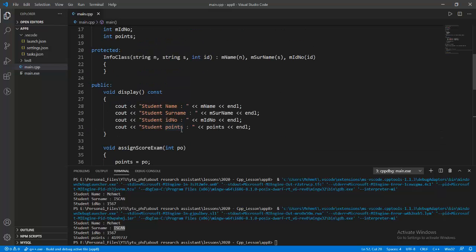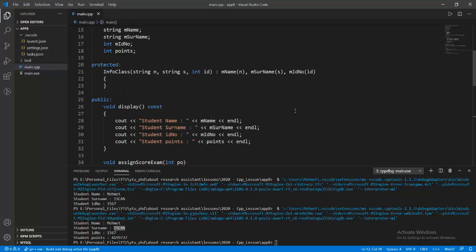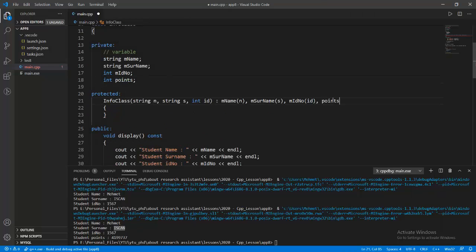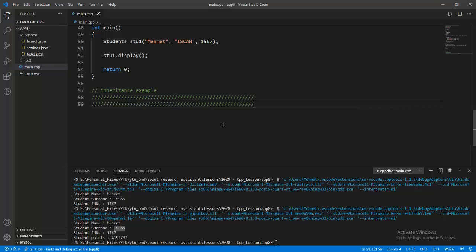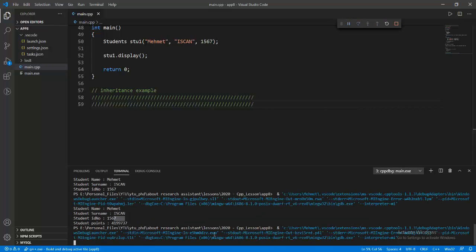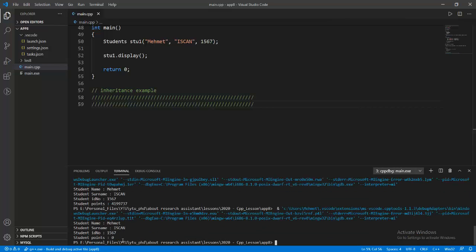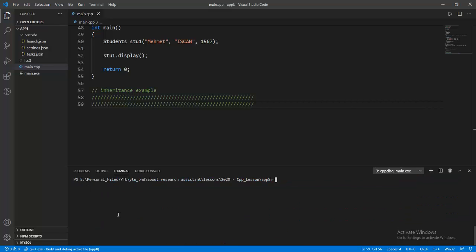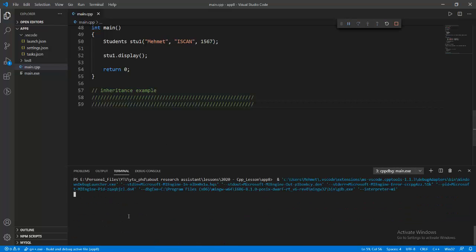14,99737. Okay, but at this point points needs to be initialized to 0. Okay, and now we can create this function, and then we rerun this program. Then we have the student points at the 0 value. Okay,